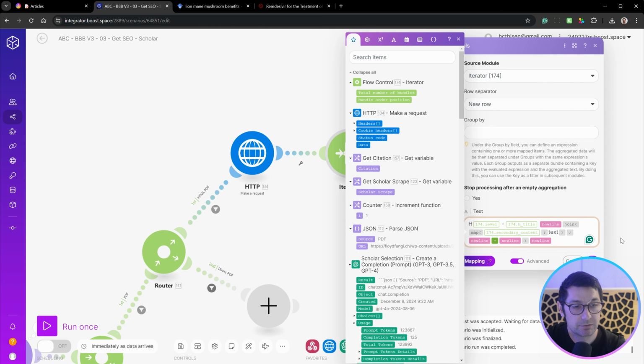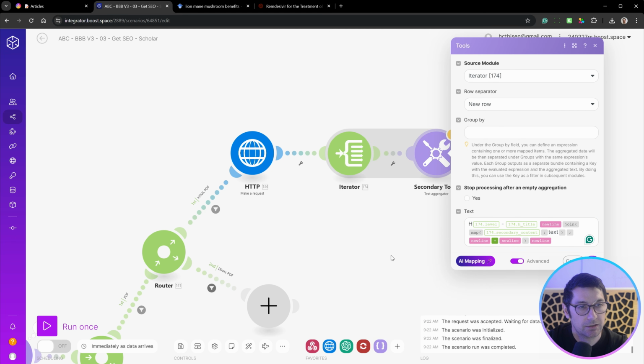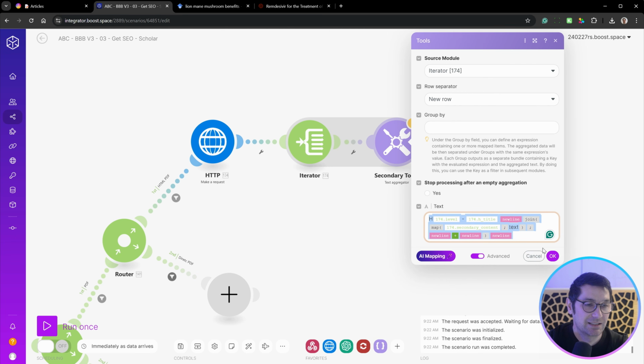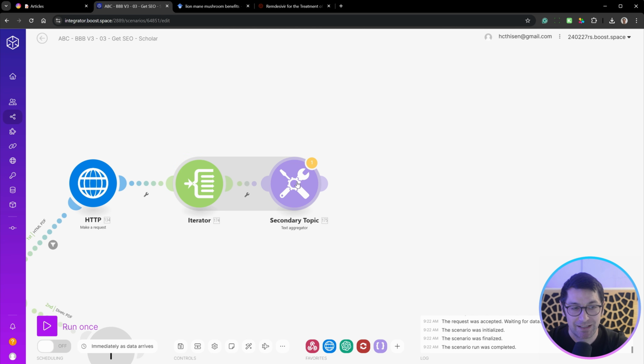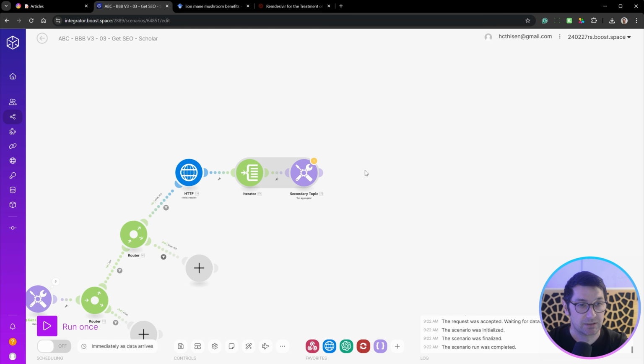And then at the end, we're going to add a new line, and then the next one will be added here. Yeah, this takes a long time to figure out how to do that. So this will just output a long string of all the secondary topics. Next part